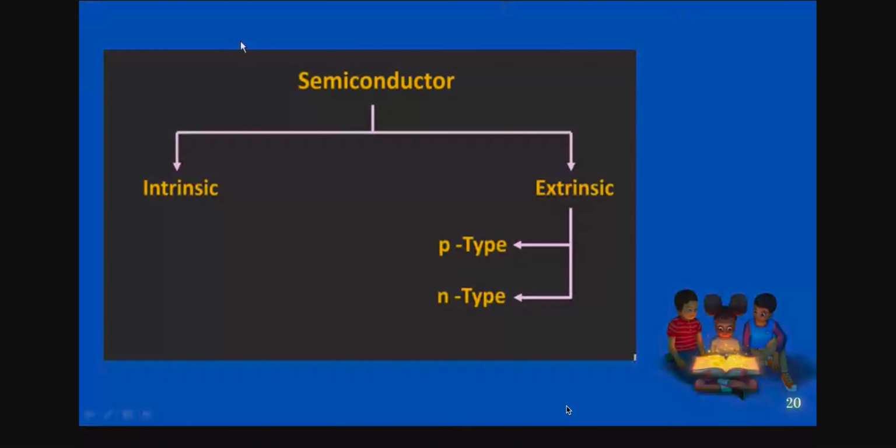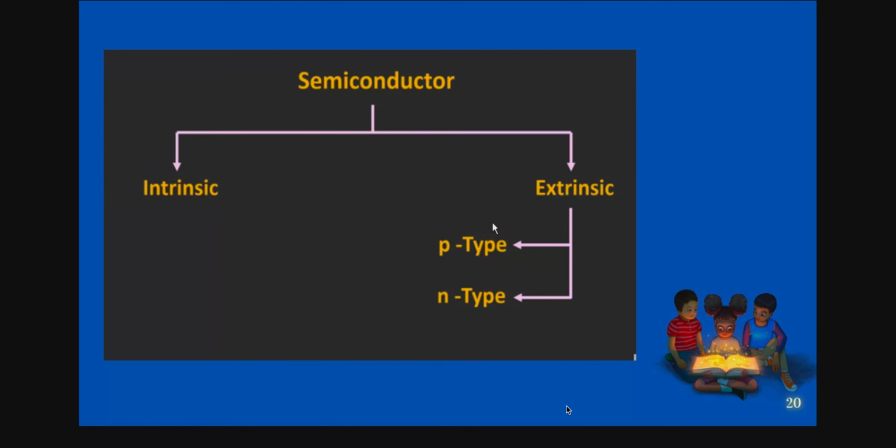So far we have discussed the intrinsic semiconductor and its conduction mechanism. Coming to the impure semiconductors, that is extrinsic semiconductors, we have a p-type semiconductor and an n-type semiconductor. Okay. Now let us see the two types. What is the mechanism of conduction of the charge carriers in both cases, that is p-type and n-type semiconductors, right?